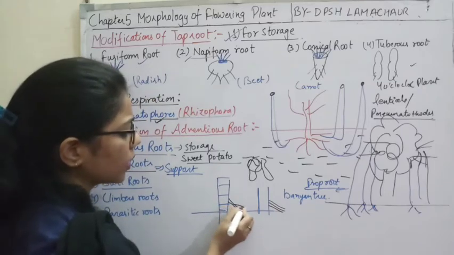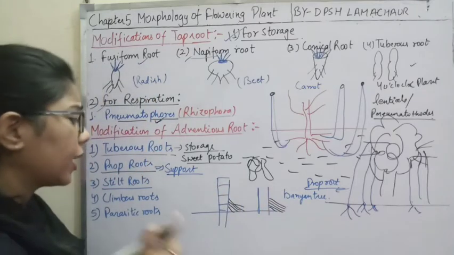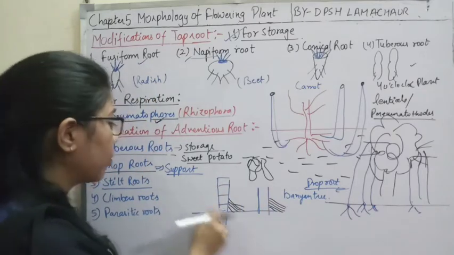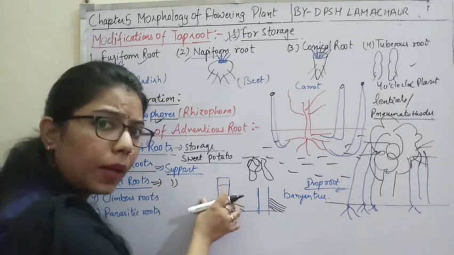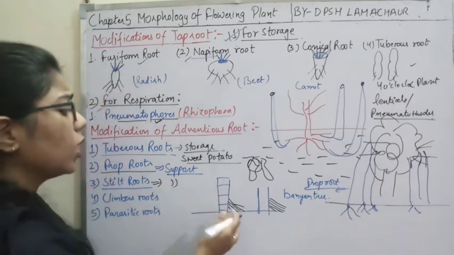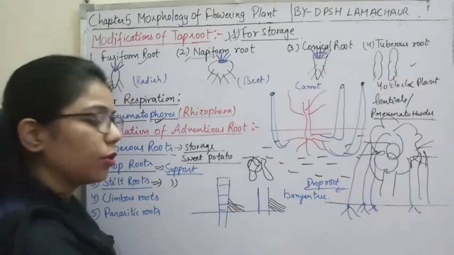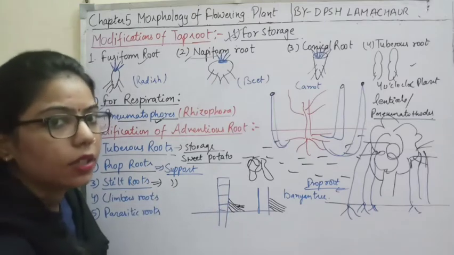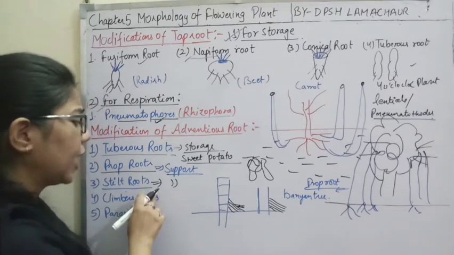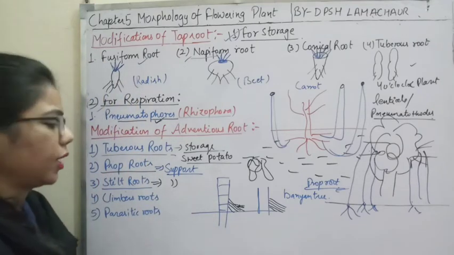So the roots can develop here above the soil, and again what are they providing? They are providing support to the plant. Clear? These always grow obliquely, side by side, as you can see, and this type of root is known as the stilt root. It is present in monocots, examples being maize and sugarcane.